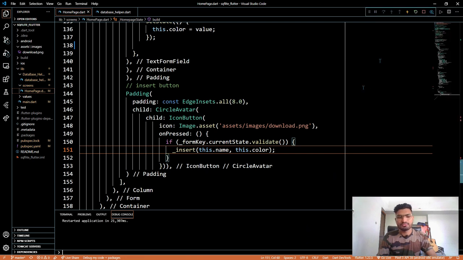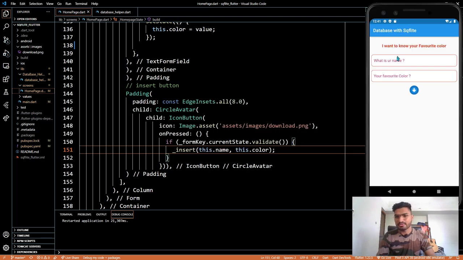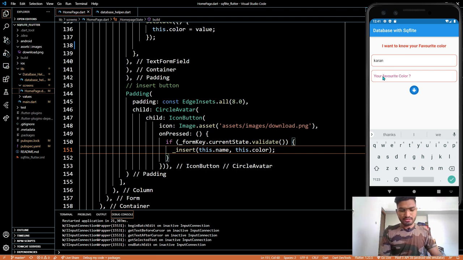Okay, so it restarted. I don't know what happened, but it took a lot of time. I will just insert a few names. Karan. And let's say Gulabi, if you know what I mean.